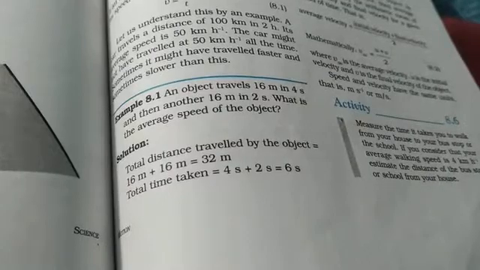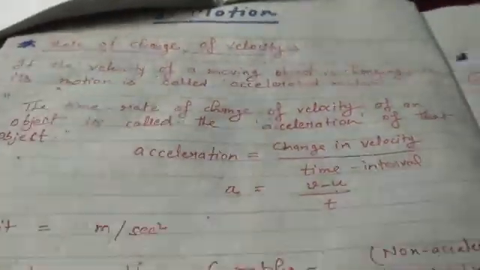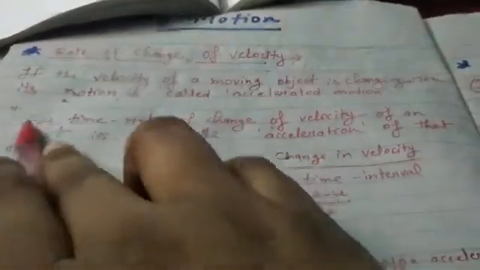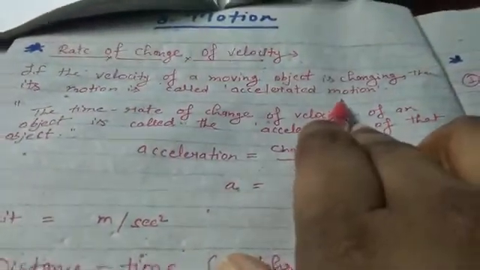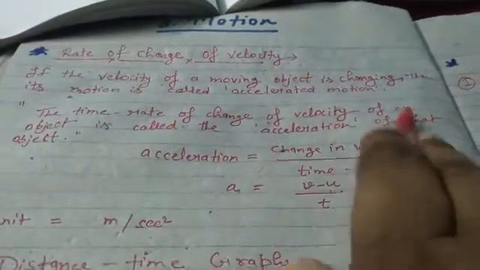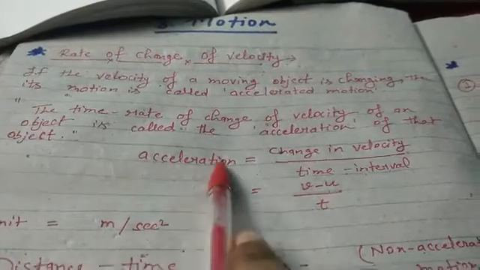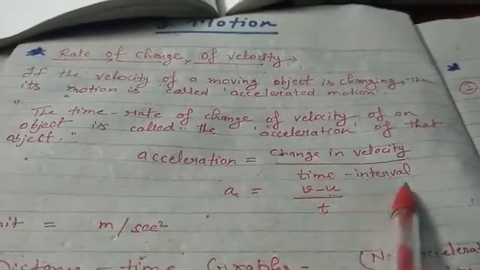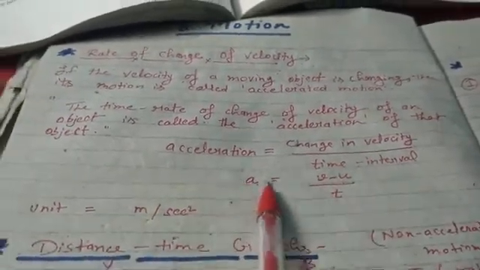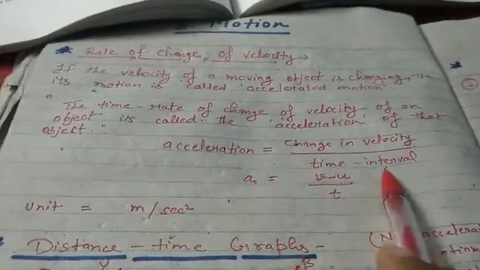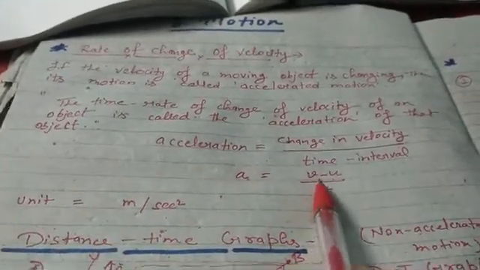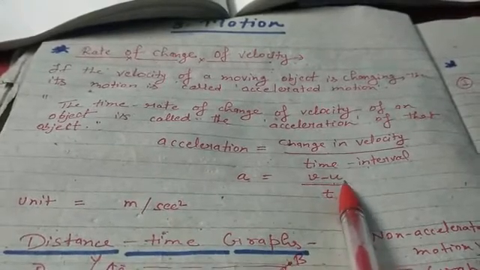Now come to the acceleration. What is acceleration? Change in velocity per unit time is called acceleration. Now see, if the velocity of a moving object is changing, its motion is called accelerated motion. The time rate of change of velocity of an object is called acceleration of that object, and acceleration equals change in velocity upon time interval. Acceleration is represented by small a, and in the change in velocity, v represents final velocity and u represents initial velocity